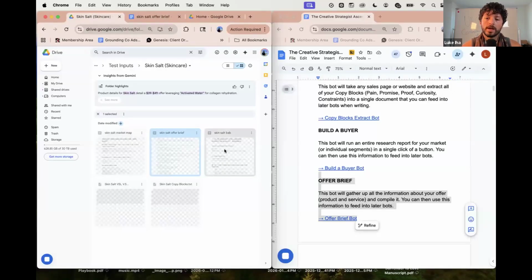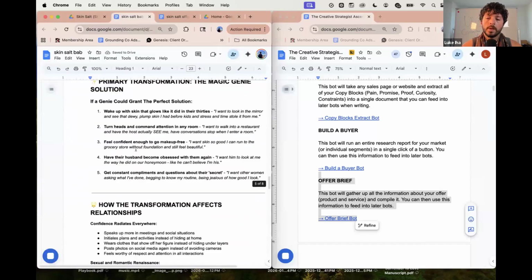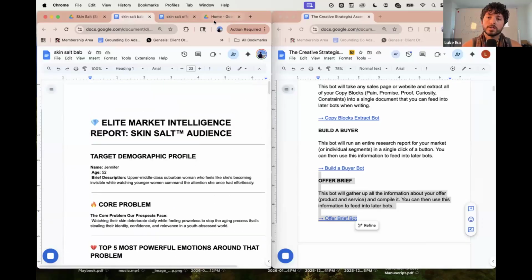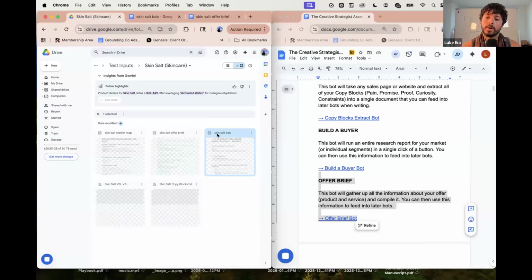The other thing that I'll generate is what's called the Build-A-Buyer, right? People were asking yesterday too, can I feed the Build-A-Buyer more concrete information about my offer? And the answer is, of course, and you should, right? Any information that you get from manual research, or even if you want to scrape using a website like Apify or something, you can take all of that information and pop it in to generate your Build-A-Buyer and make it more accurate.